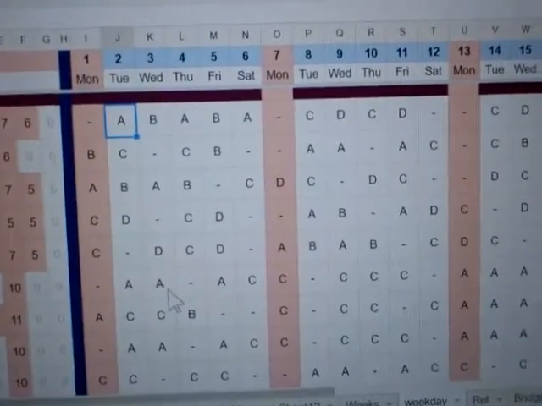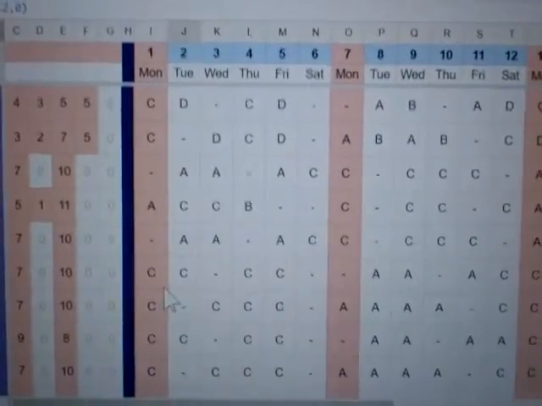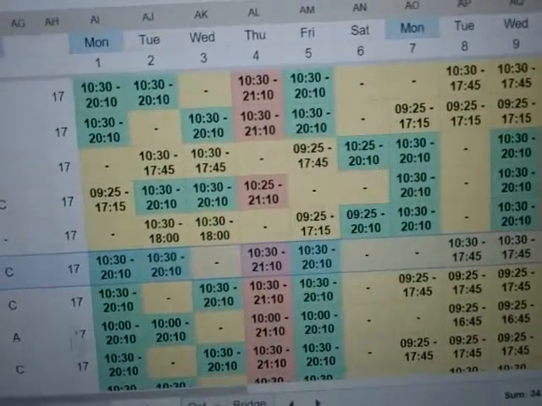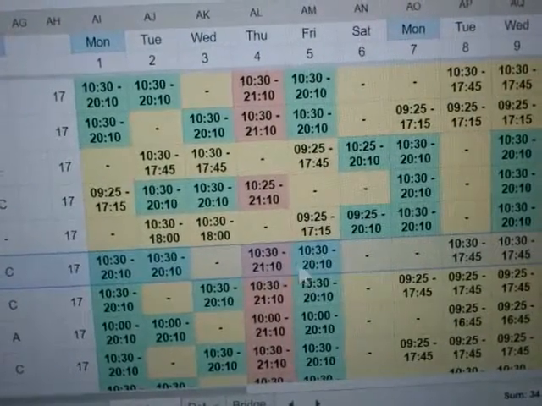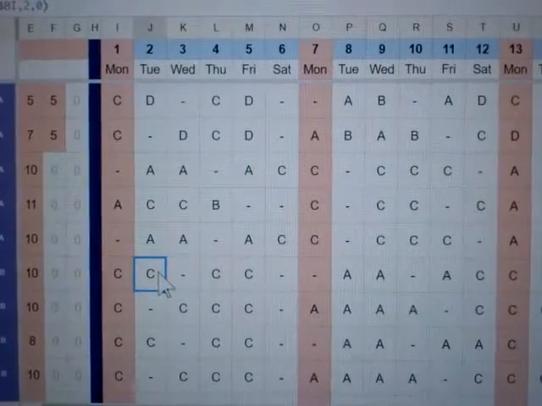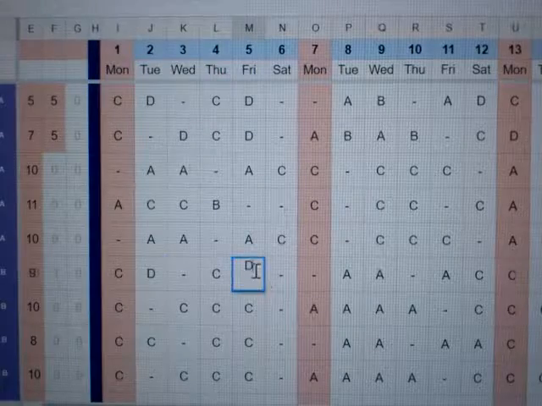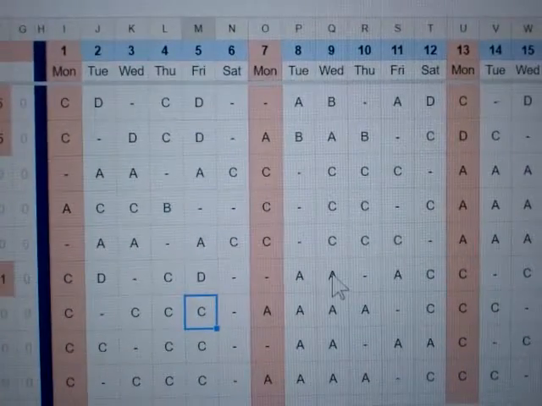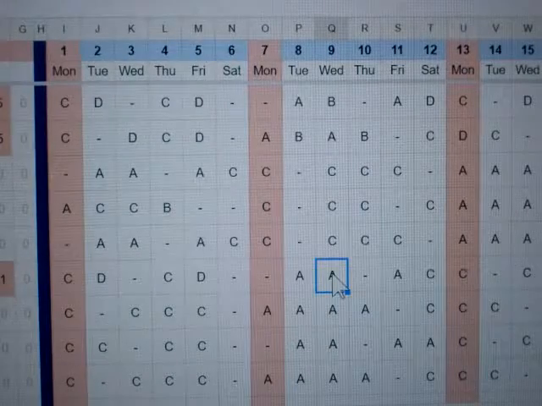So therefore, you've got a lot of C's here, and then you just go and scroll along and look at the rota time. So the rota time is actually like this, and then you make a fair judgment. So that will be D, C, D, C, D, and then A will be A and B,